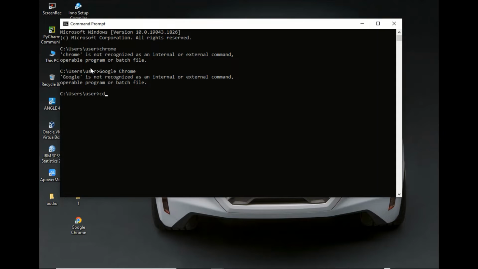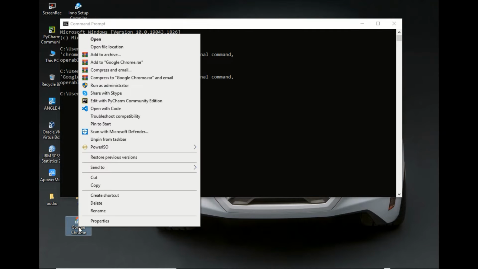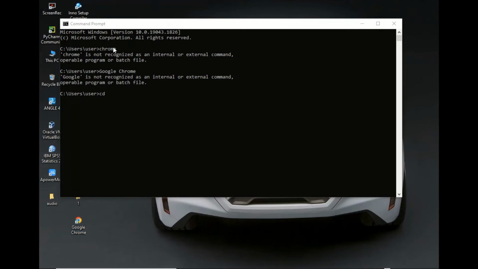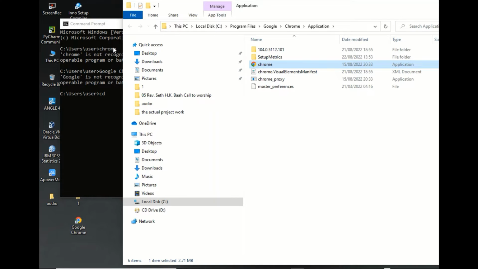first of all type cd, which means change directory. Then you go back to the program, right click, and open file location. When you open the file location, let's go to the top here. We copy